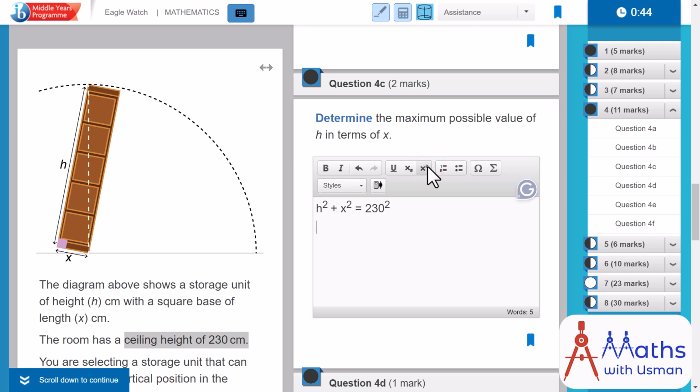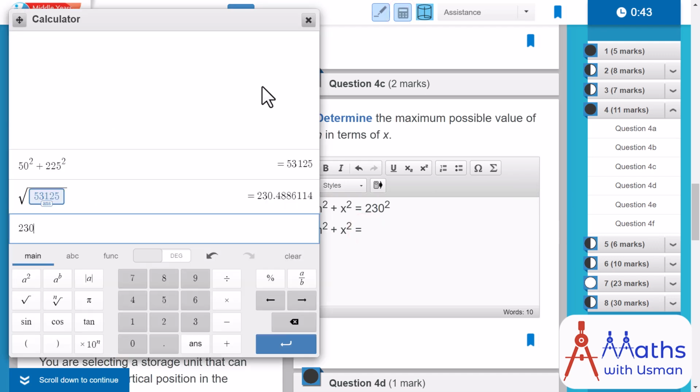Alright, so the next step would be calculating the square of 230. Now, if I want to write that step, one would say that I would have to type in all of this again. I would not do that, because I know the power of Control C and Control V, which is Command C and Command V. So I'm going to do that and press it in the next line. And I'll only be changing this answer just like this. I'm going to go to my calculator and type in 230 square. Now, how did I get a square without clicking the square button? I just press Shift and the hook sign above the 6. That's also a shortcut. And you get your answer as 52900.